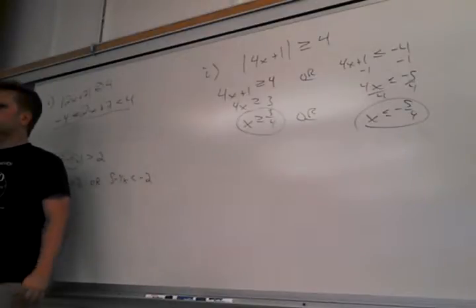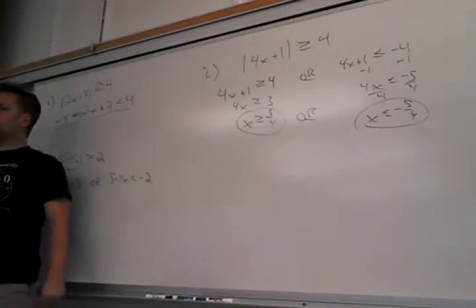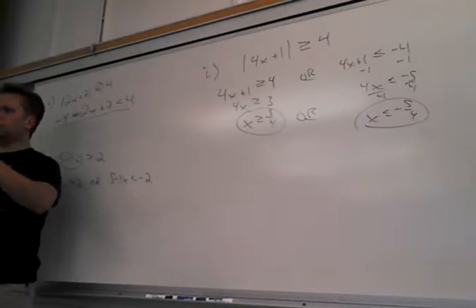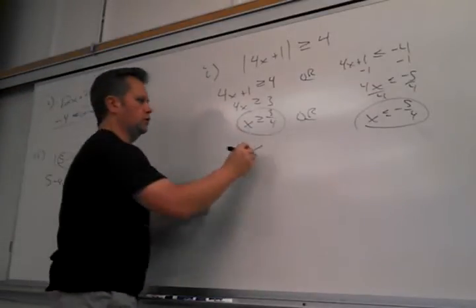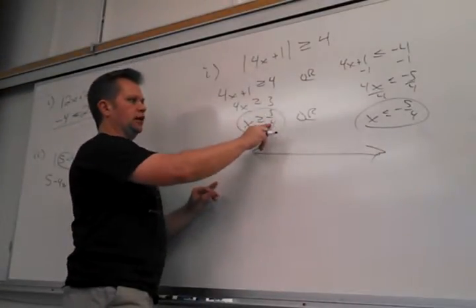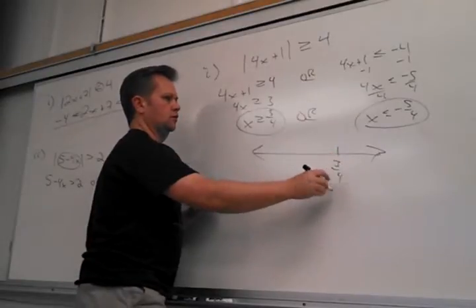When you go to graph this, you only give me one graph. It's not going to be connected, I know, but only give me one graph. Don't graph that and then graph that. Give me one graph. It's got to be greater than or equal to 3/4 or less than or equal to